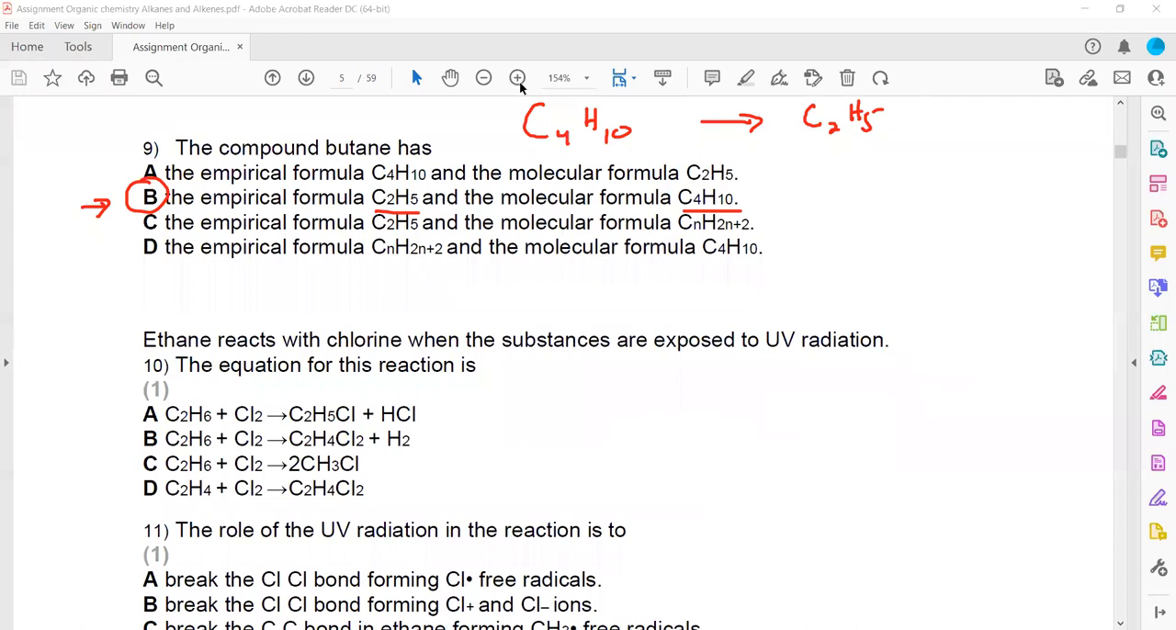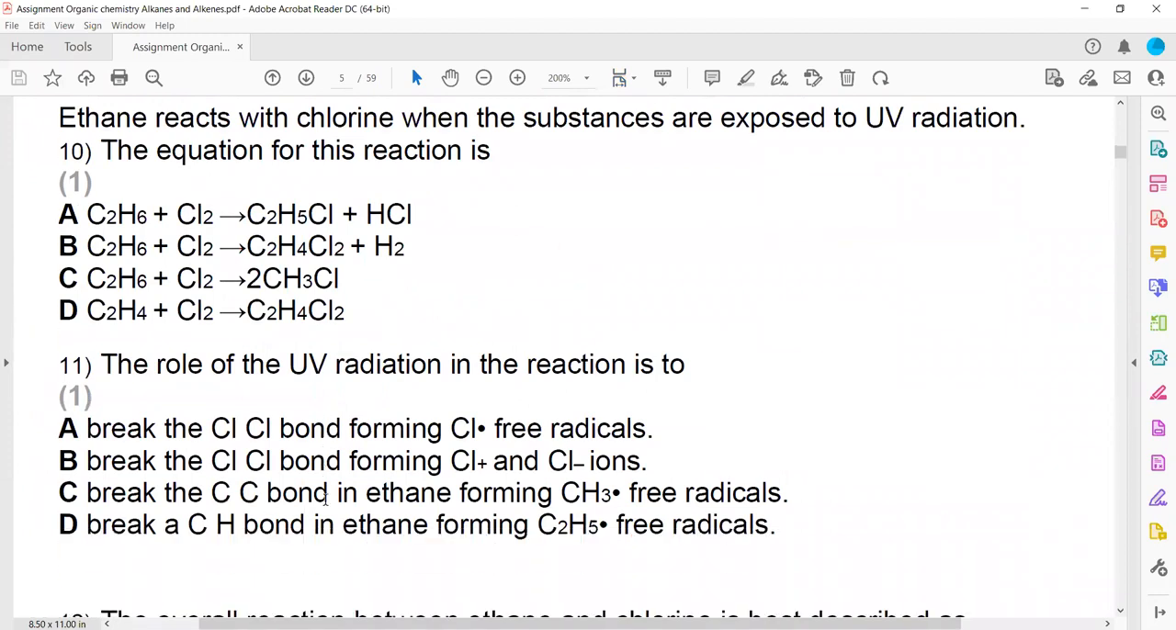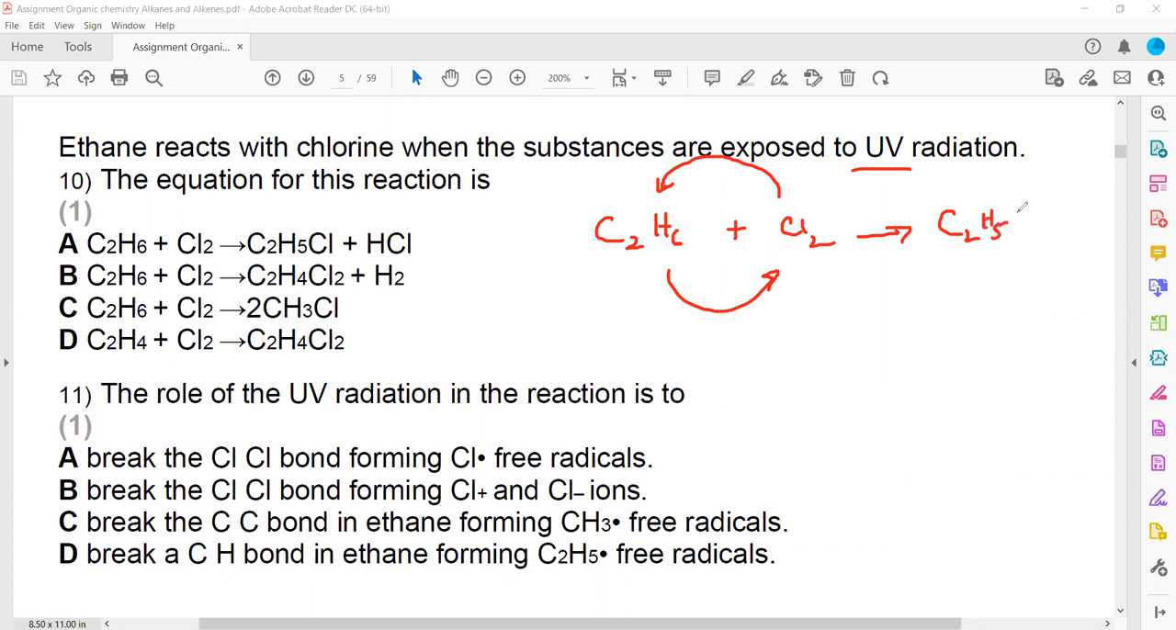The next question: ethane is exposed to ultraviolet radiation, UV radiation. Ethane reacts with chlorine when the substances are exposed to UV radiation. The equation for this reaction is the overall equation we need. That is a substitution reaction which occurs. In a substitution reaction, ethane is C2H6 and it reacts with chlorine, Cl2. One chlorine will take the position of a hydrogen, and at the same time the hydrogen will take the position of chlorine, so it will form C2H5Cl plus HCl, and that's why option A